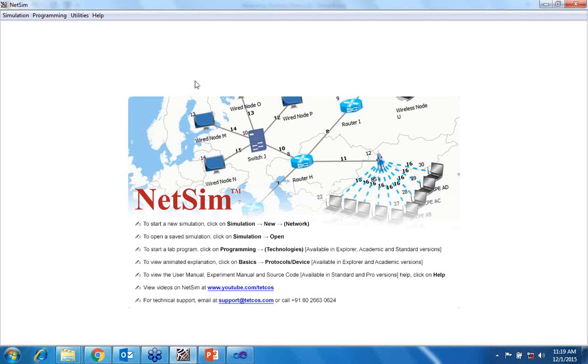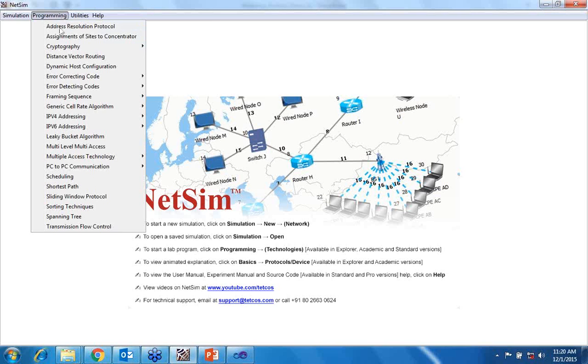It is the first window when you open NetSim. There are some tabs given here like simulation, programming, utilities, and help. Help has the user manuals like the NetSim user manual, source code help, and NetSim experimenter manual. Then utilities you can use for login. You can create some admin and user interface to use this. And the programming portion is there.